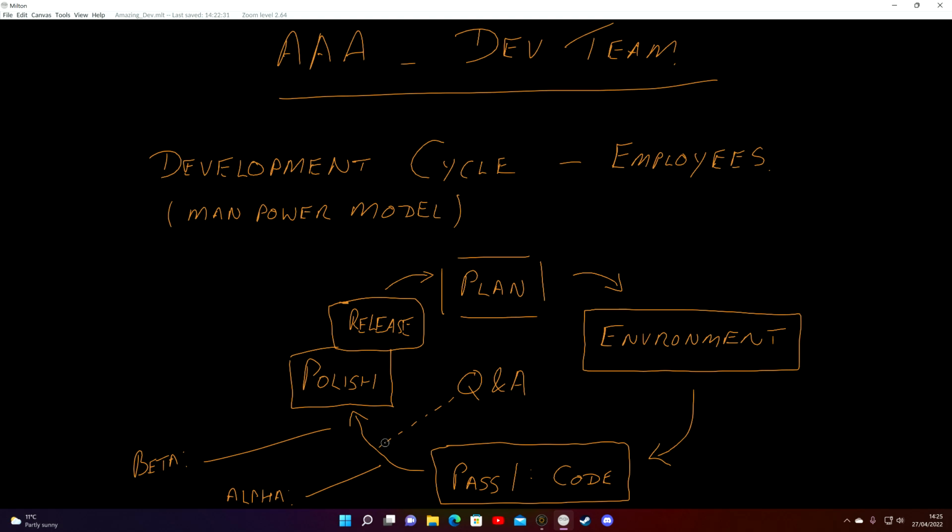So your pass one code is going to be worse, and it is planned to be worse than it should have been. You will be better using more people in a shorter time span, because then you've got more heads looking at the code saying, that's bad, that needs changing, we can do that a lot better.